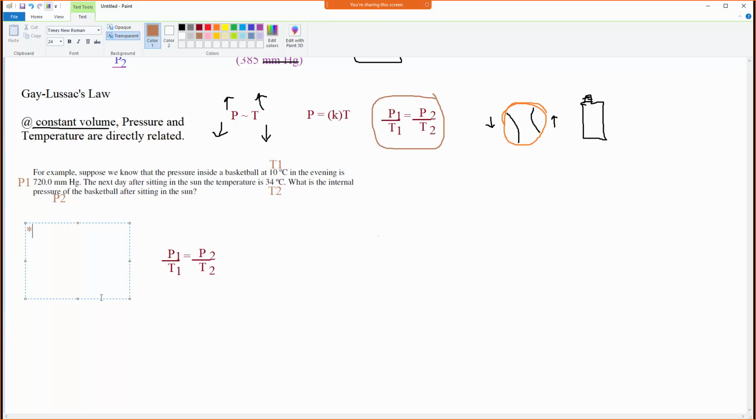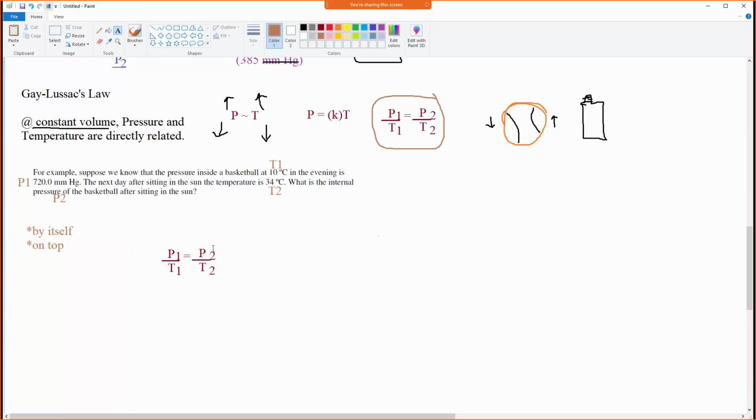Remember, to solve, we need it by itself and on top. So the P2, which we're solving for, this one right here, is already on top. So that's nice. So we just need to get it by itself. We need to get rid of the T2. So Nicole is exactly right. If I multiply both sides by T2,